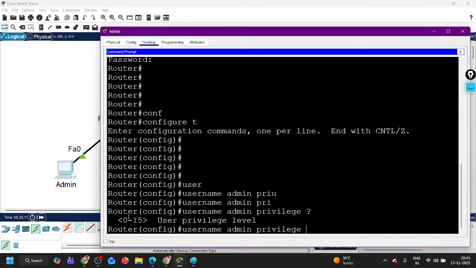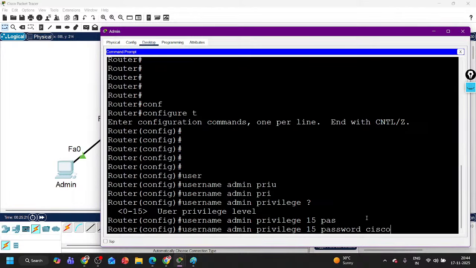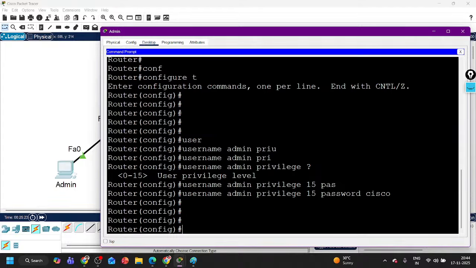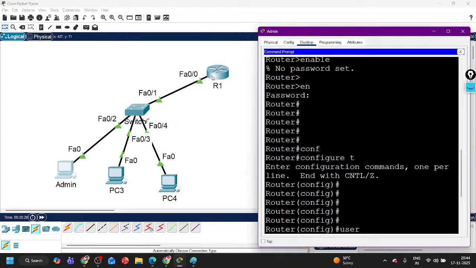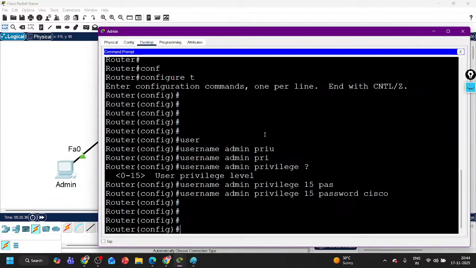Privilege level, you can see a total of 0 to 15 privilege levels are there. I will talk about this later. If you want to give full access, then the privilege level should be 15, and then password Cisco. Now first of all, I don't want just anyone to have access to my router. To access this router, not only a password but both username and password should be required. Means only admin can access or only Praphul can access this router. So similarly I can create one more user, user Praphul, privilege level 15